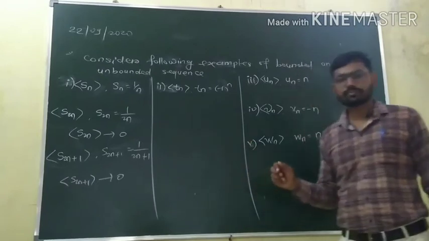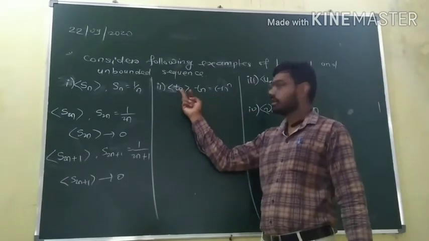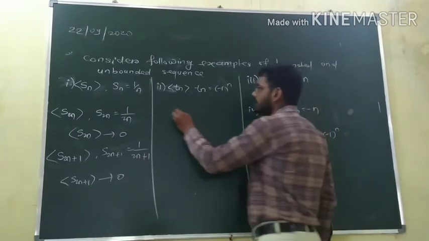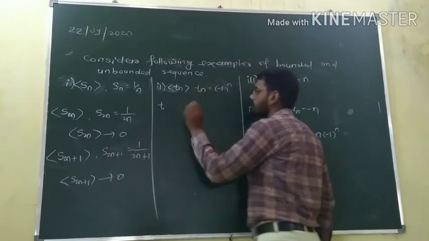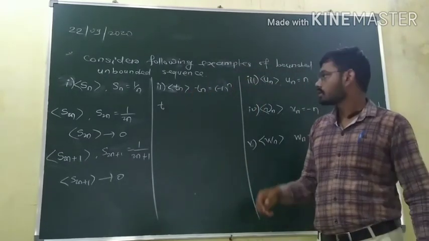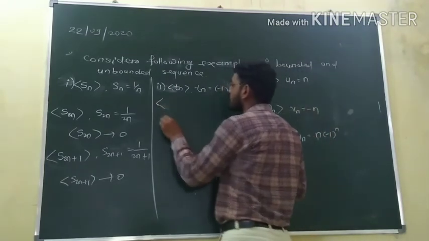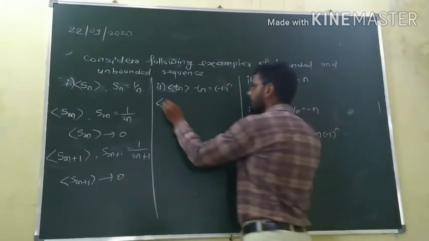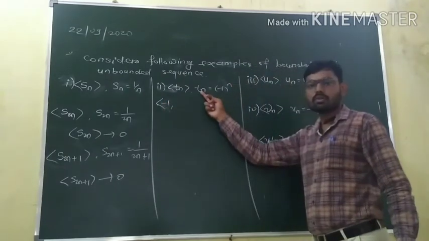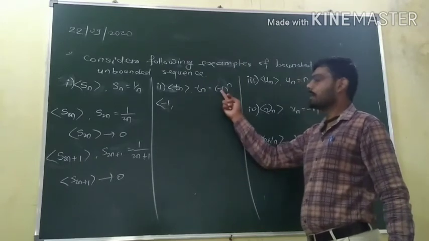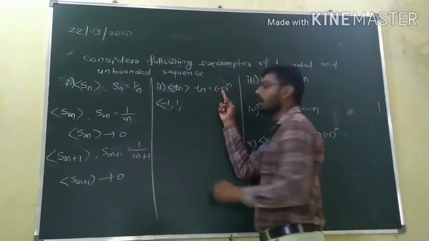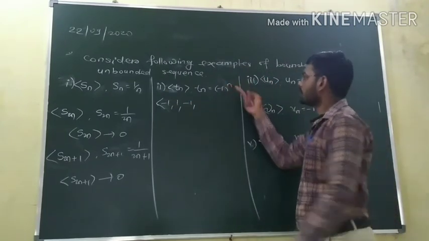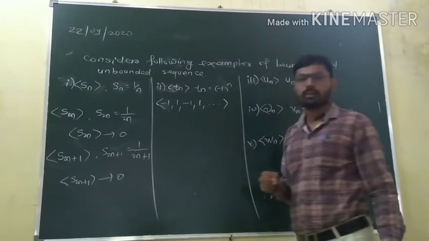Okay. Now the next sequence Tn, whose nth term is minus 1 raised to power n. Now see, we will take the subsequence of even positions. So first we will try to list the elements of this sequence. Put n equal to 1. So T1 is minus 1 raised to power 1, which is minus 1. Take n equal to 2. So the second term T2 is square of minus 1, so plus 1. Third term, cube of minus 1, is minus 1. Fourth term, fourth power of minus 1, is plus 1, and so on. So see here